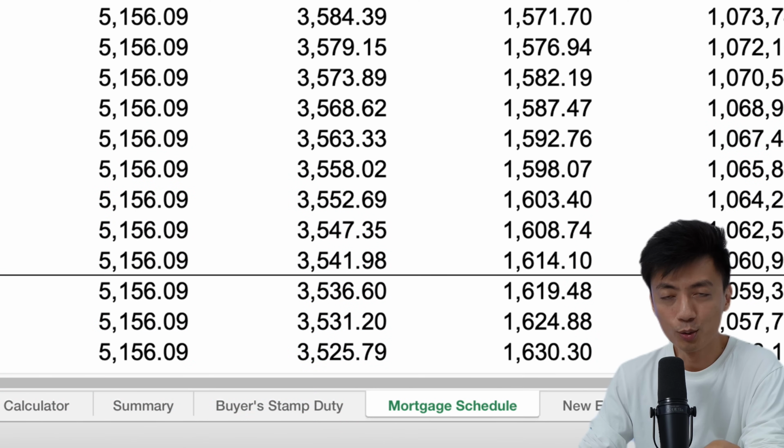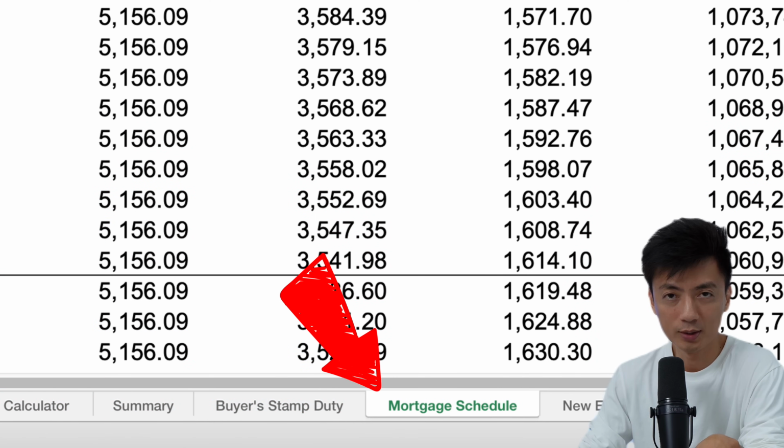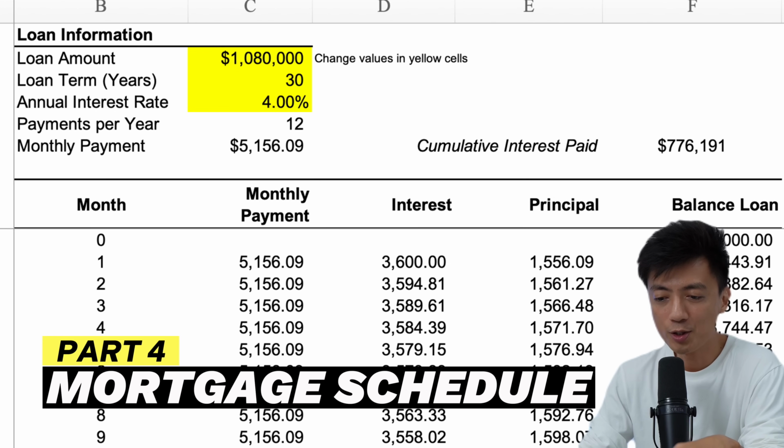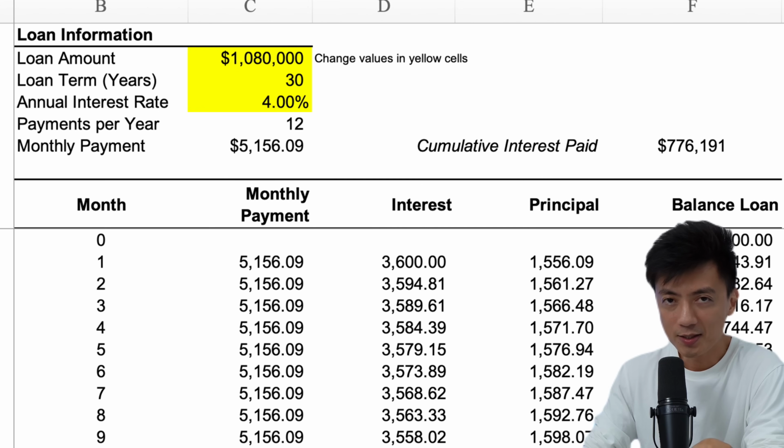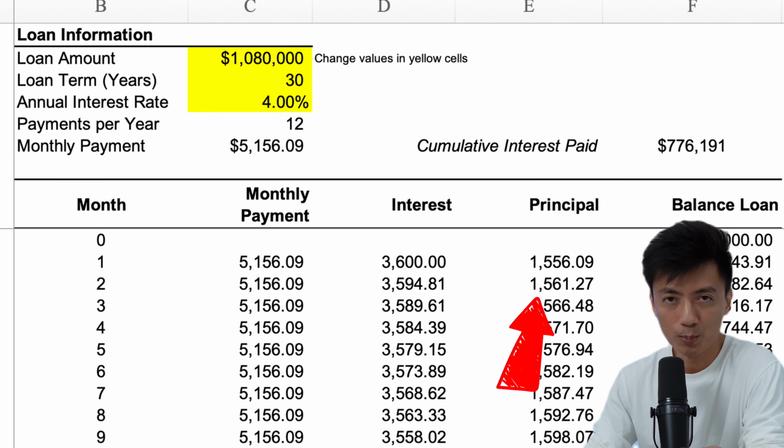And the last portion I'd like to go through is the mortgage schedule tab, which gives you an idea of how much interest and principal you're paying every single month. So here I'm going to use the loan amount for James and Wendy at $1.08 million over a loan term of 30 years, assuming an interest rate of 4%. At the CSC stage, they'll be paying the full monthly payment of $5,156, again depending on the prevailing interest at that point in time. And here you can review the proportion between the interest and principal